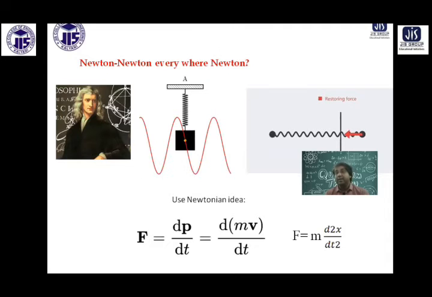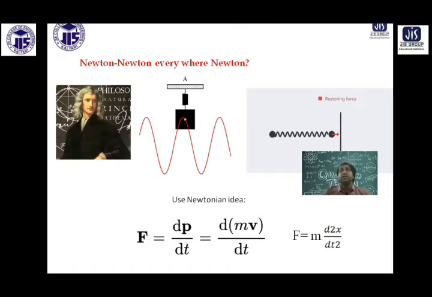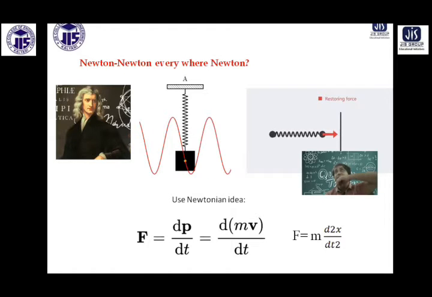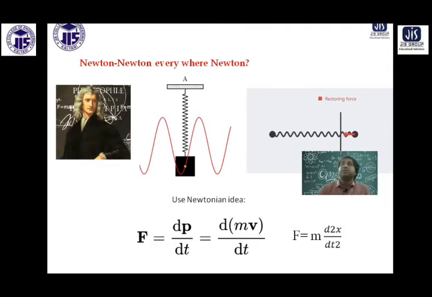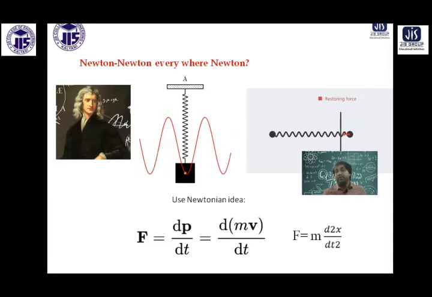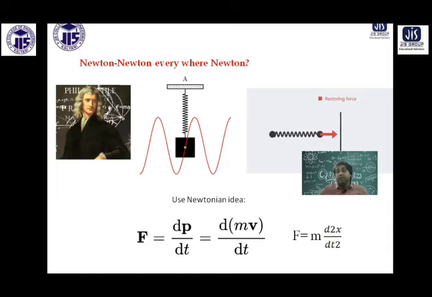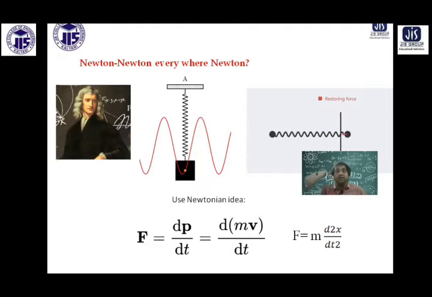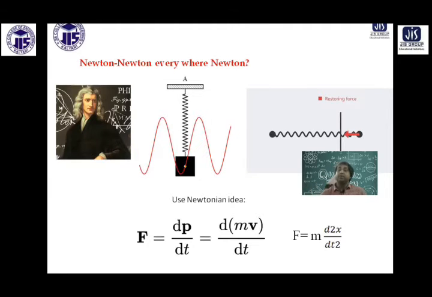So if you have a classical mechanics problem, a train moving or a spring vibrating, there are so many examples I have given. A block is vibrating under a spring, so the force is there, like a minus kx type force. On the right hand side you see the concept of restoring force is given. A ball is on a spring, passing through some particular point, so there is an oscillation going on. To describe this oscillation, the first thing you need to know is the force. You can calculate the force because these are all elastic problems. Suppose you write F is equal to minus kx. Now you can describe the problem.